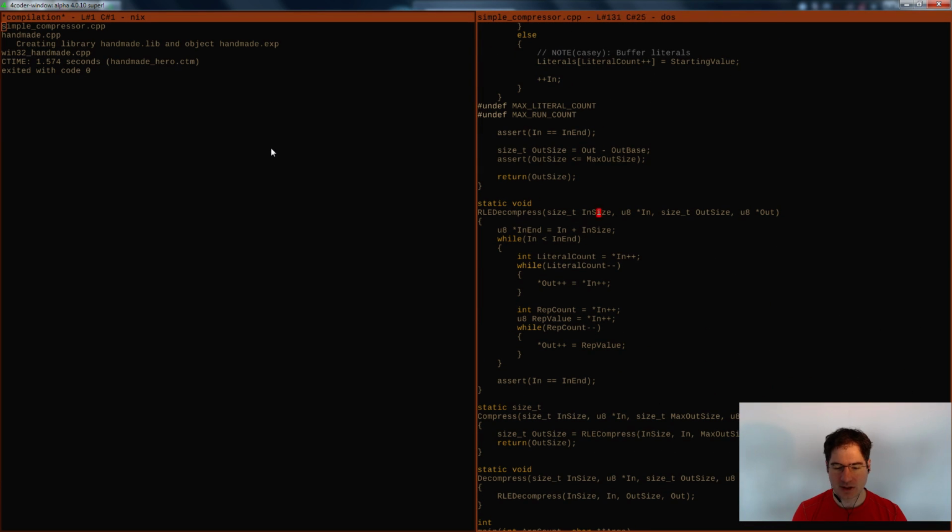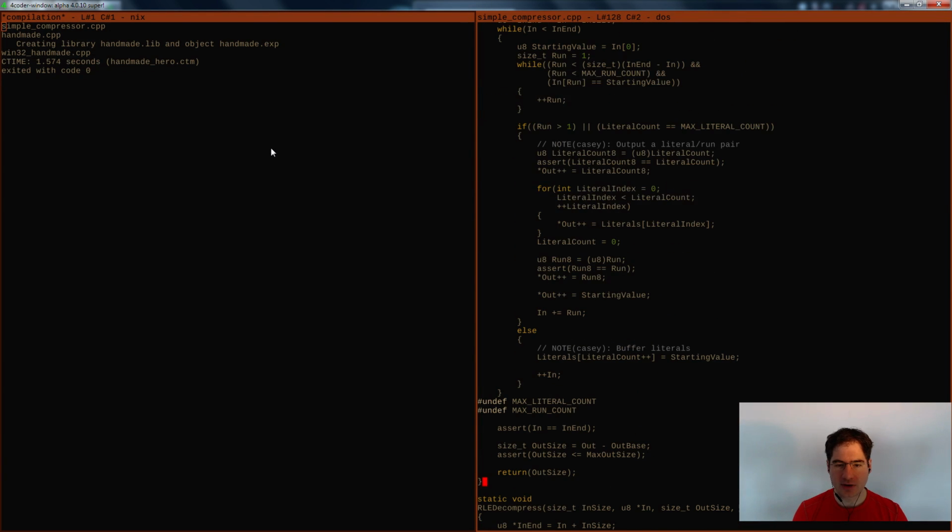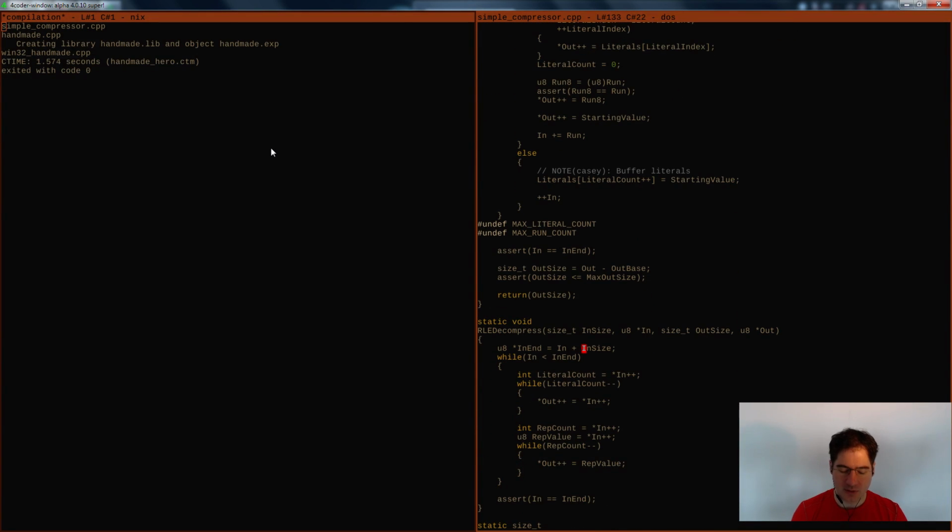And then we just have up here our compress and decompress functions, and right now all they do is thunk through to the RLE compressor, because that's what we wrote up here, right? So that's what we got. So here's our RLE compress, here's our RLE decompress, and one thing you will notice,